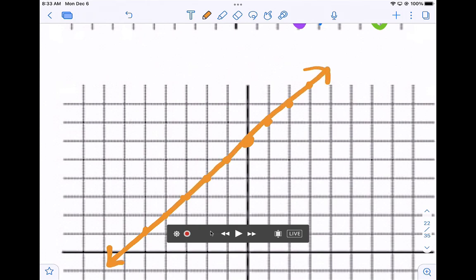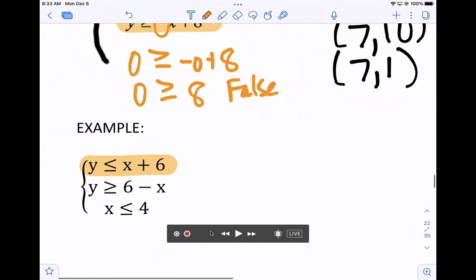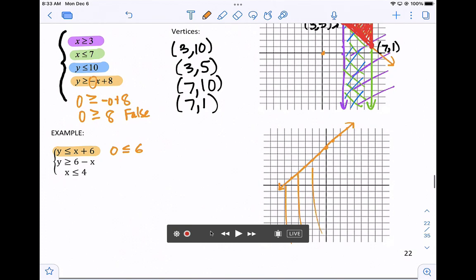And we're going to pick a point, test, and shade. So I'll just test 0, 0, which is below the line. Is 0 less than or equal to 6? And that's true. So we're going to shade everything below the line. Okay, our next